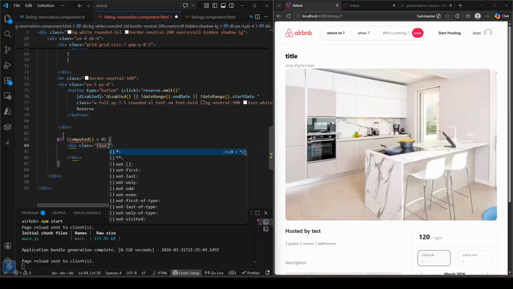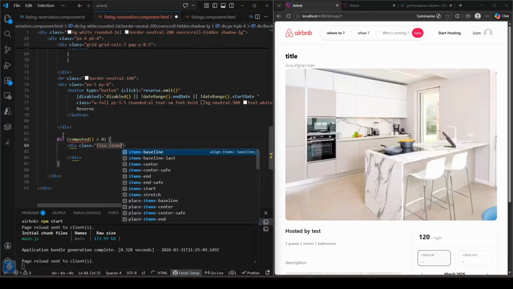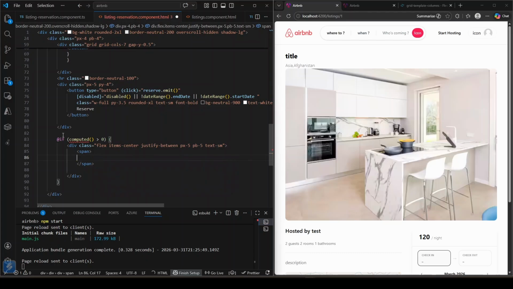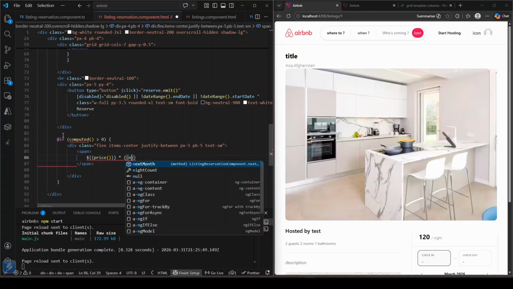So it will be flex items-center and justify-between, px-5, pb-5, text-sm. Inside this div, I will have a span, which will contain the price. So it's like here, and here I will add the $ sign with this text, for example, and the number of